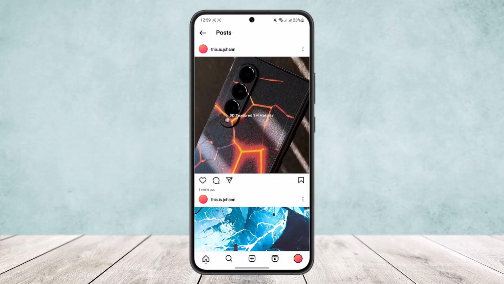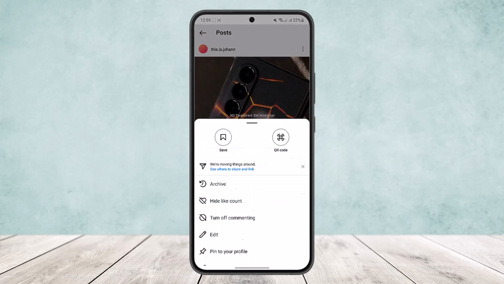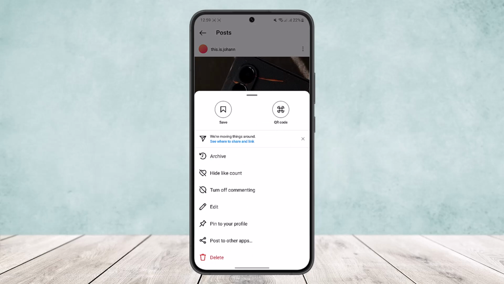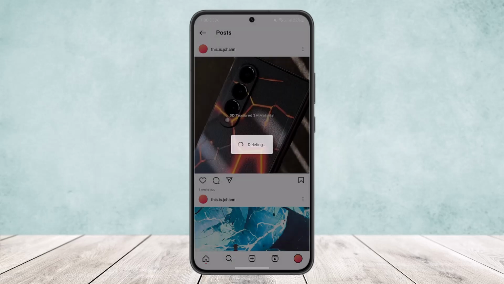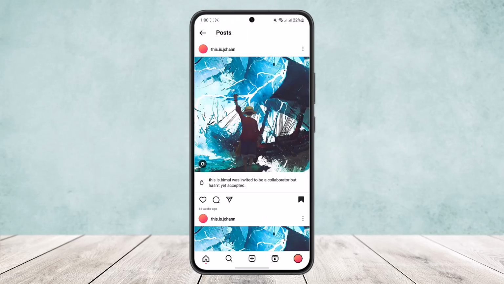Now what you want to do is tap on the three dots option that you can see just above your post or photo, and then at the end of your options you'll get the option delete. Now what you want to do is tap on delete and then delete the post, and now you can add